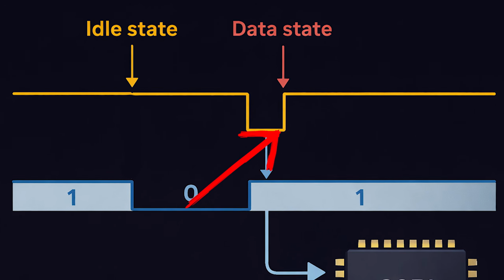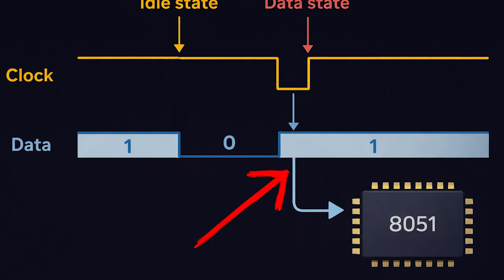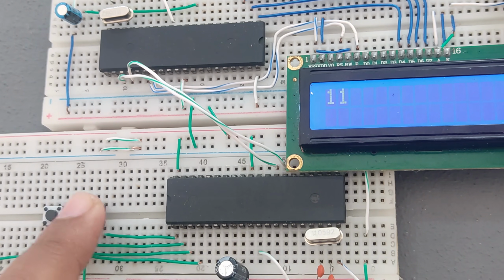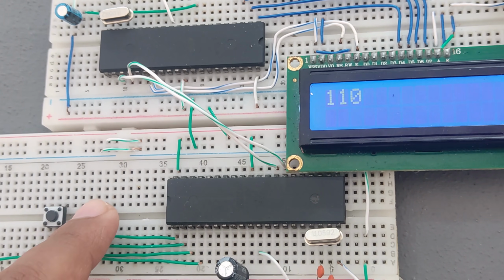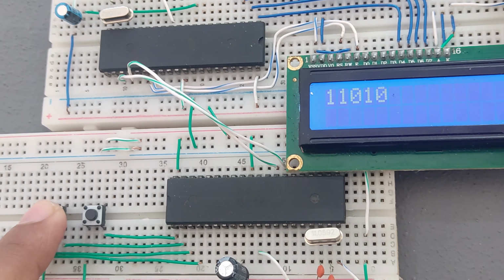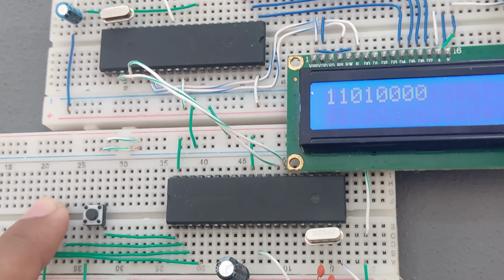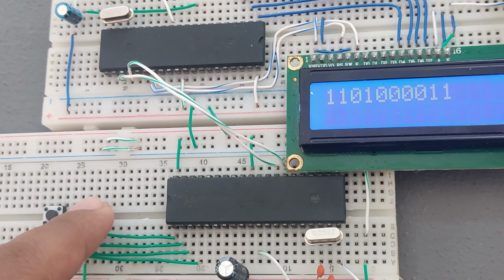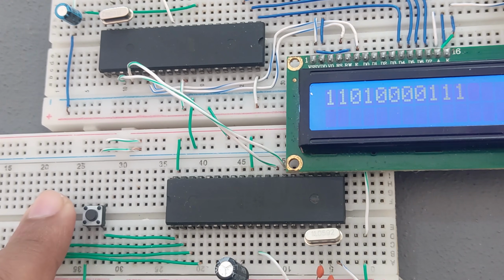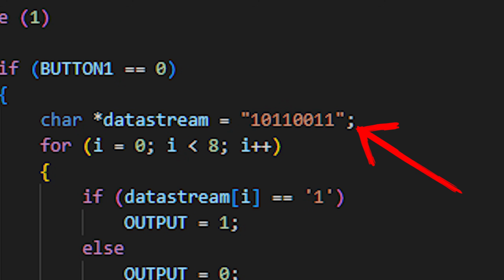The receiver reads the data pin at each pulse. Now I can send two ones, three ones, anything. The receiver knows exactly when to read. But pressing buttons is not an efficient way to do this. It's time to automate. So I hardcode a byte